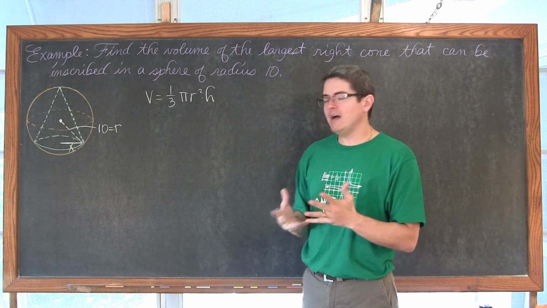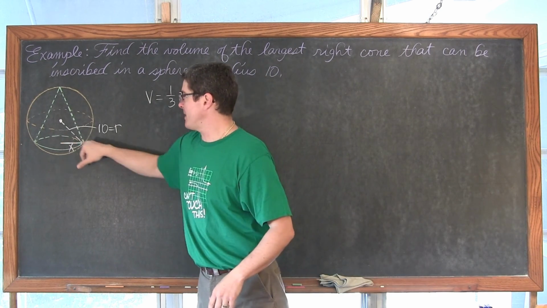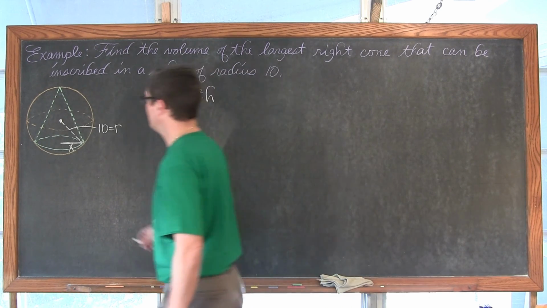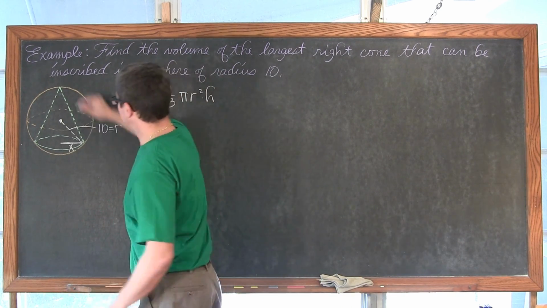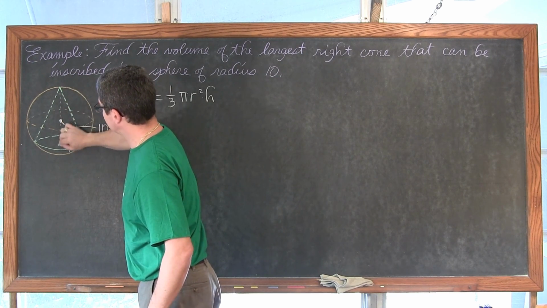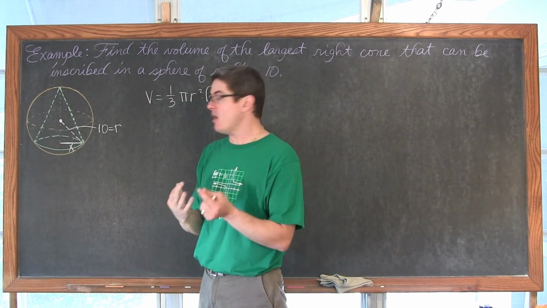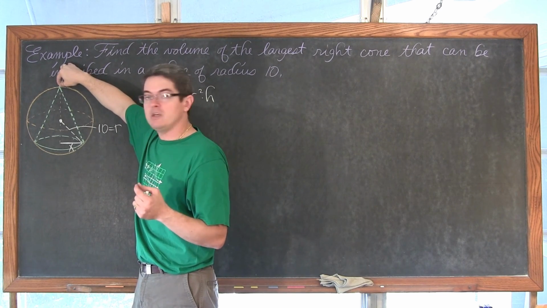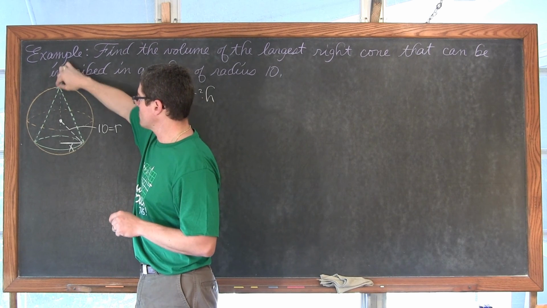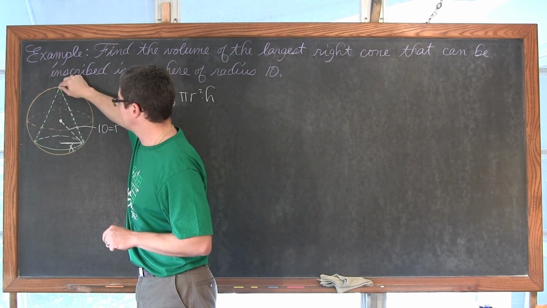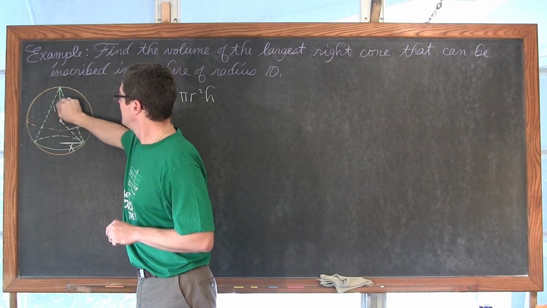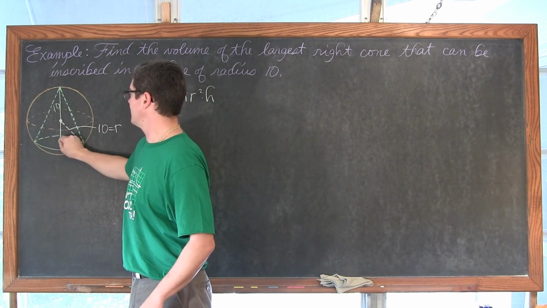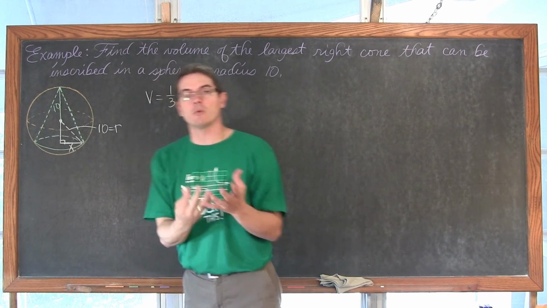All right. Well, how tall is it? Now the base of the cone is variable. How tall is the cone? Well, part of that height, from this point where the top of the cone is touching the sphere, from here to here, that distance is equal to 10, and what we need to figure out is the rest of that length. And you can see I'm starting to make a little right triangle.